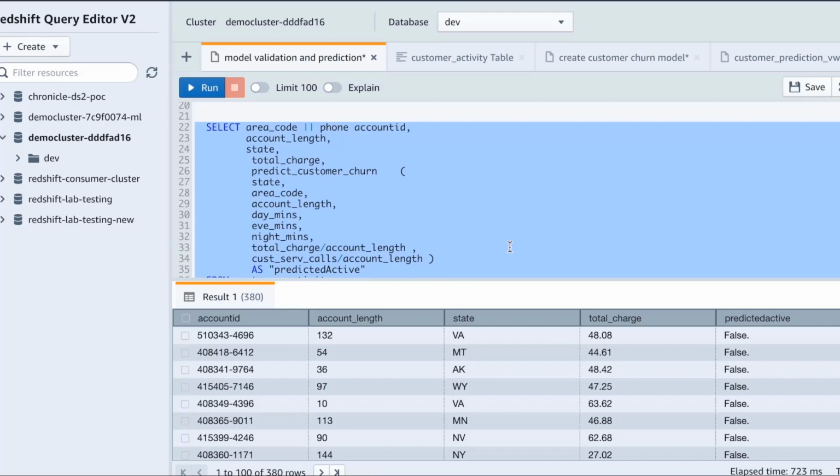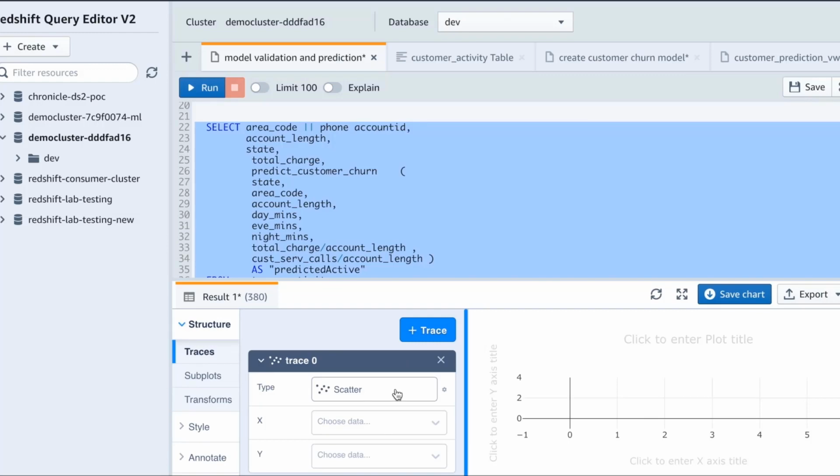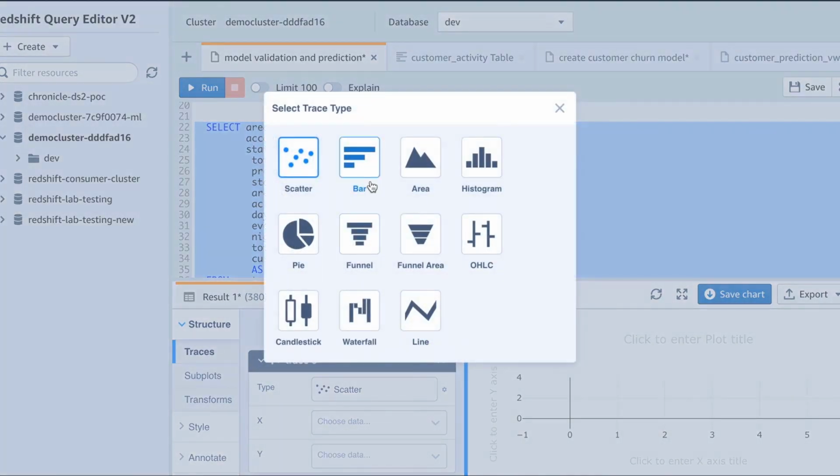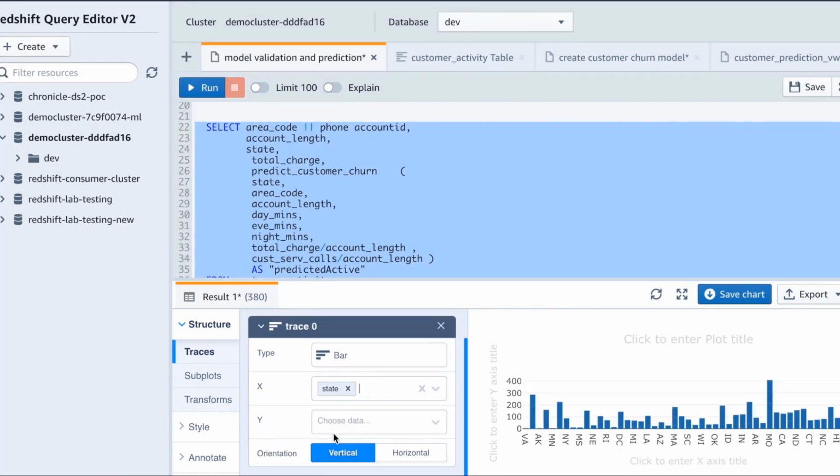One of the things he can do is some simple charts as well. As you see, we're using Redshift Query Editor version 2, and we have a few nice things that you can do in here. Miguel can do a simple chart. So he decides that maybe he'll look at a bar chart. You can change that here. And we'll look at state for an example to see if anything unusual stands out. As you can see, some states appear to have more churn than others. You see Missouri here and Vermont over here. So we can also save that chart if we like and give it a name.